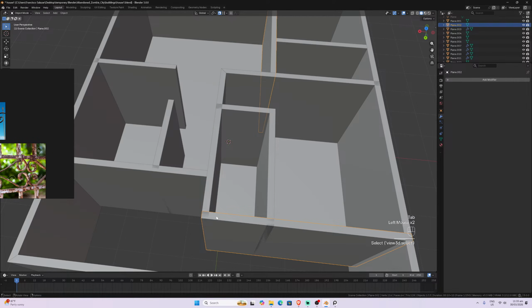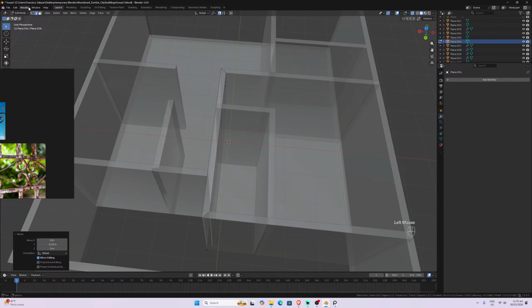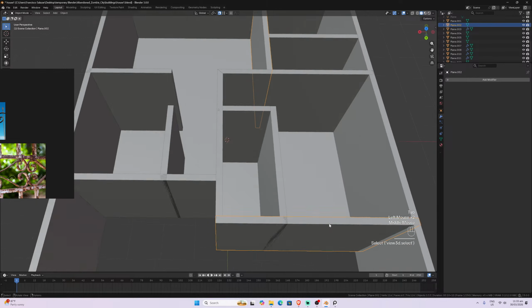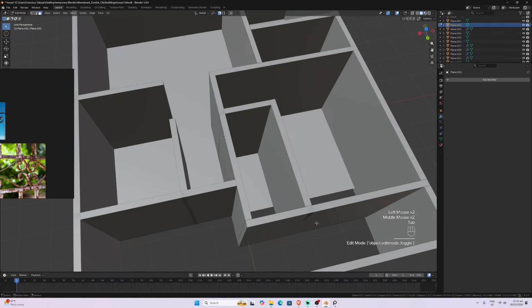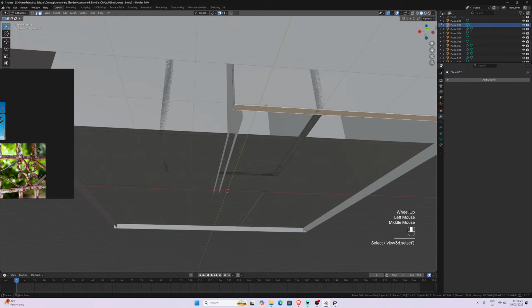Let's convert. We already converted that. This one we need to move down too.